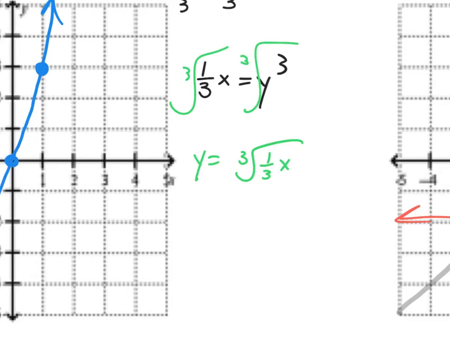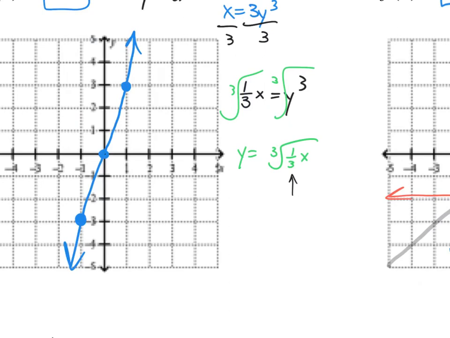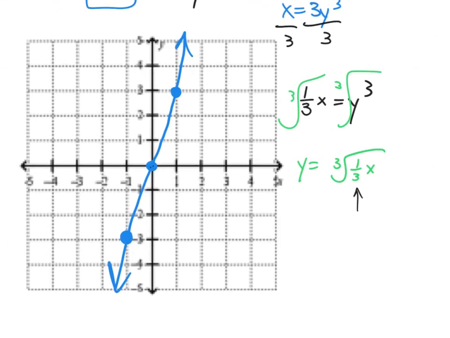Now, to graph this one would be a great candidate to type into your graphing calculator. It's going to be a little harder to do because we haven't studied what to do when there's a value with x. It causes something called a horizontal stretch. Another option you could do, though, is to understand it does start at 0, 0, and to understand that it's going to reflect across this diagonal line here. And if that's the case, you can almost trace these guys down and around to find out where the other point's going to land. And this is a little easier to do if I was to make my reflection line. If I draw it and take my time a little bit more,